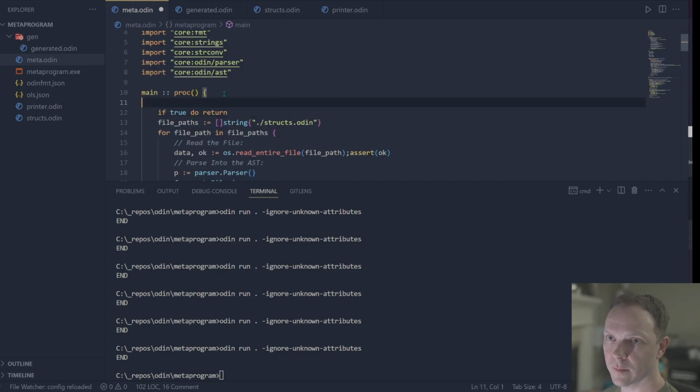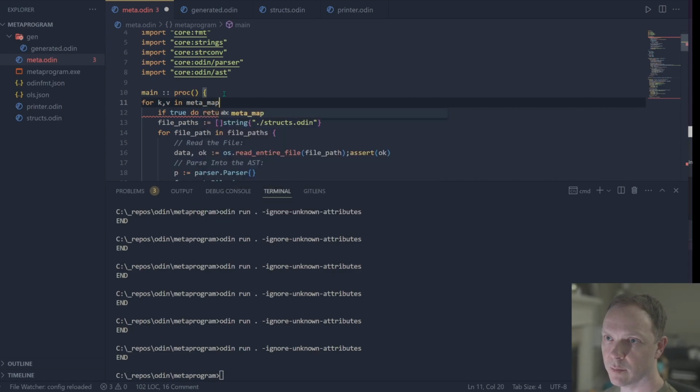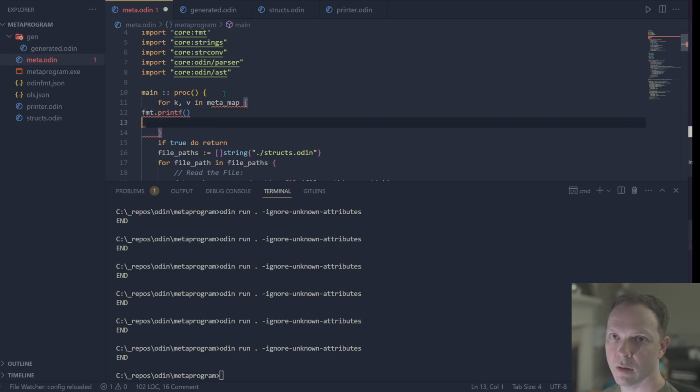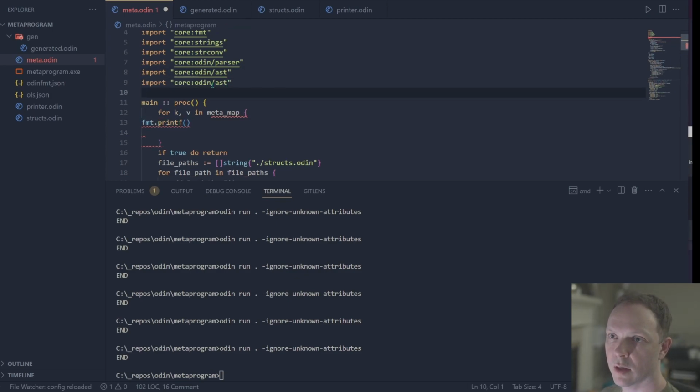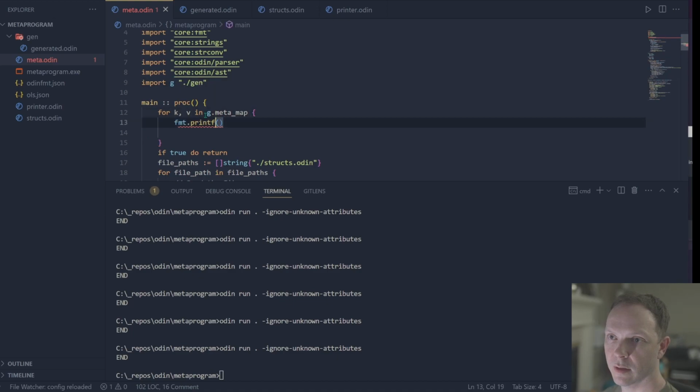Should just do kvn. We call it metamap. Metamap. Oh. So that is dot gen slash